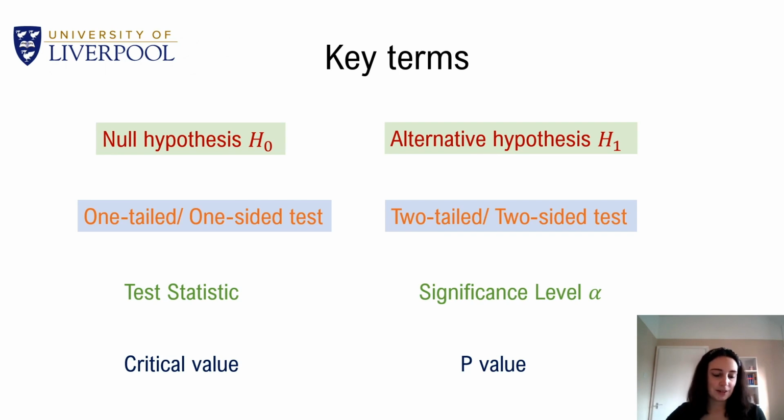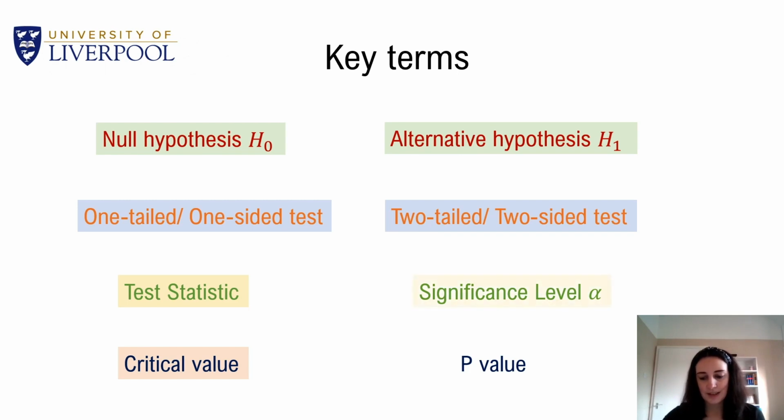Test statistic. This is a quantity with a known distribution that we calculate to determine if we have enough evidence against the null hypothesis. This will depend on the type of hypothesis test you're carrying out. Critical value. A value from a statistical distribution which is the least extreme value of the test statistic for which we would reject the null hypothesis. These values are usually found in statistical tables.